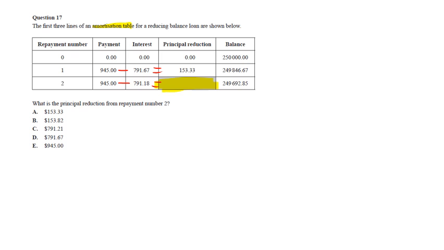So we have to do 945.00 minus 791.18. And now you can see that as we're going down, the interest is going down. But the trend should be that the principal reduction then should be going up, because you've paid less interest, you've got more money going off. So you really don't even need your calculator for this. It can't be the same, and it's not going to be some ridiculously large number. It's not going to leap up. So it does really sort of tell you that the answer is